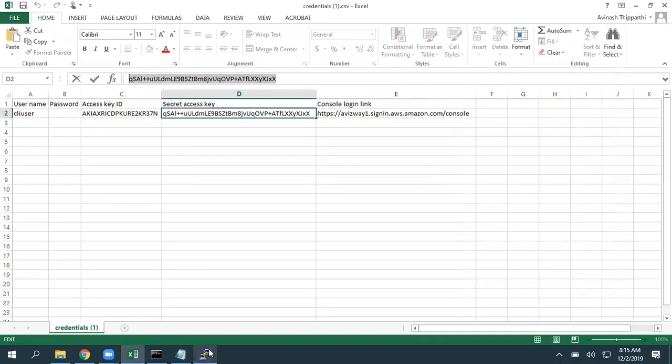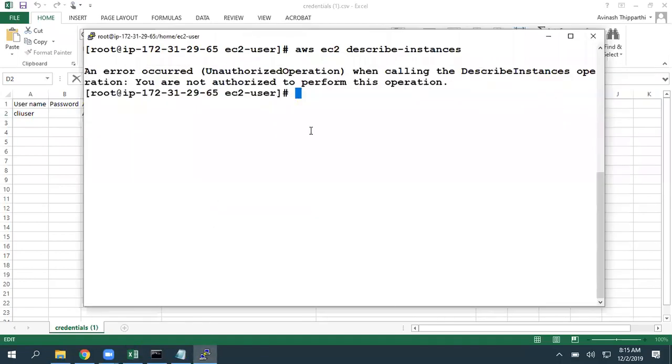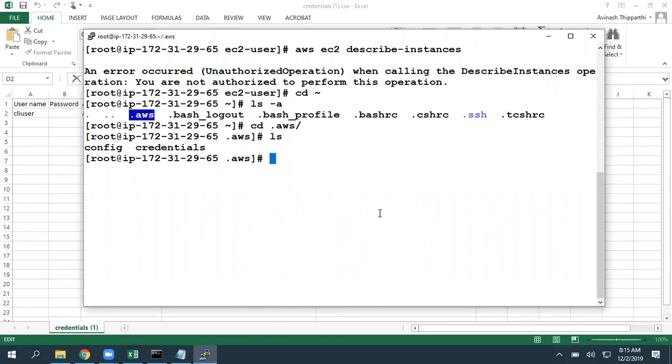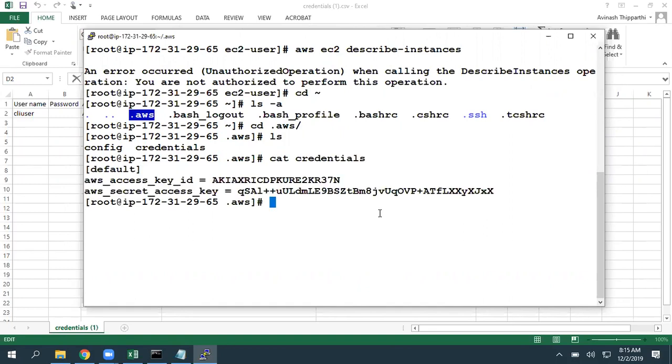Now, why will Amazon not recommend you to go with these options? The reason is, whatever credentials you are configuring here are going to be stored in plain text format on our local machines. If you go to the home directory of this user, you give ls -a. -a means it is going to list hidden directories also. We got a directory called .aws. If you go inside .aws and give ls, we have two files: config, and the second one is credentials. Let's look into this credentials file, and it is showing our access key ID and secret access key.